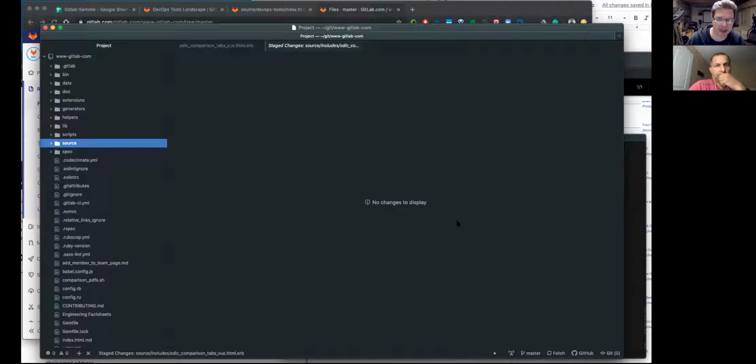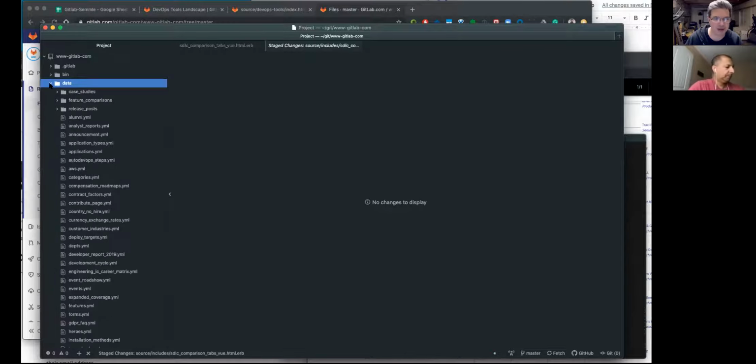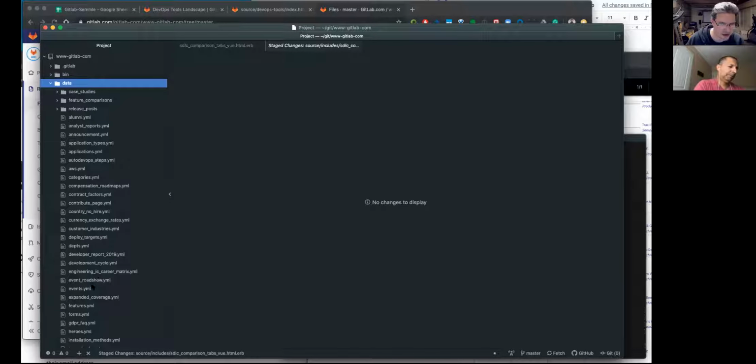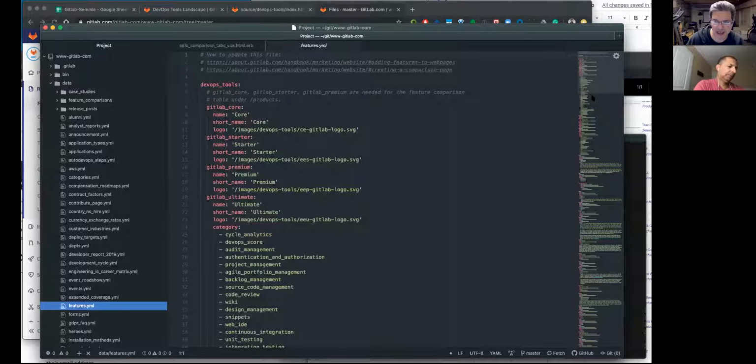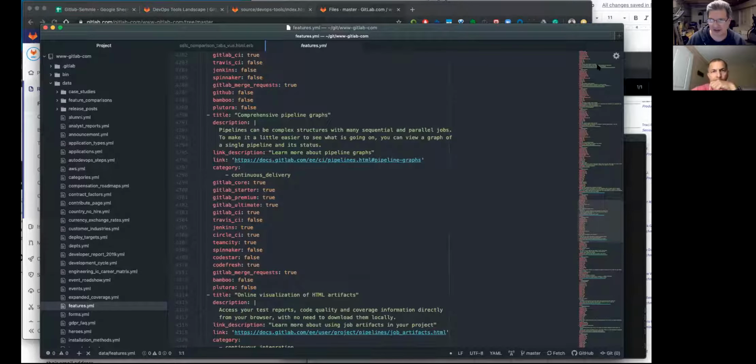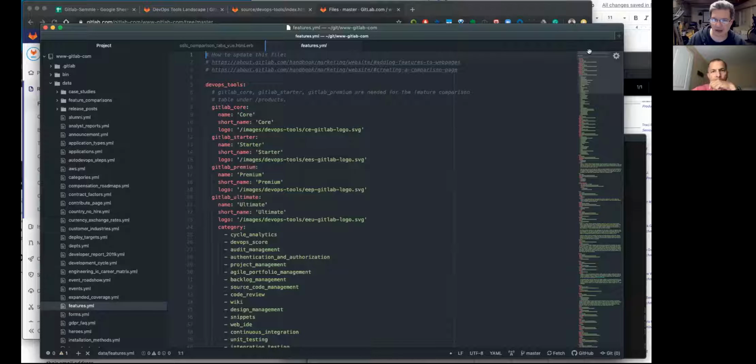actually adding a comparison. The comparison stuff is across a couple of sets of files. The main feature information is in a data file, under the data area, not source, called features.yaml, which is this amazingly huge and unwieldy file of everything that we consider to be a feature in either our product or a competitor's product. We've separated this out some over time, but it also happens to include what we consider the DevOps tools, which used to be competitors. So these are the tools that we compare against in